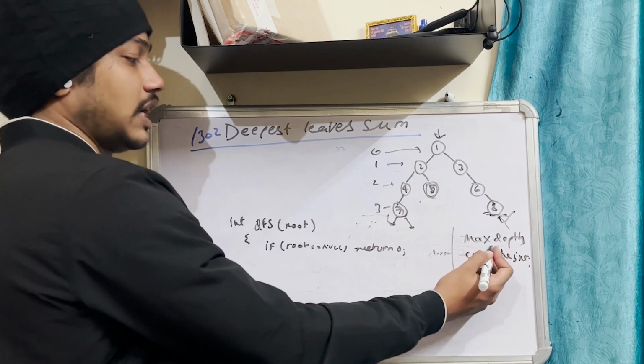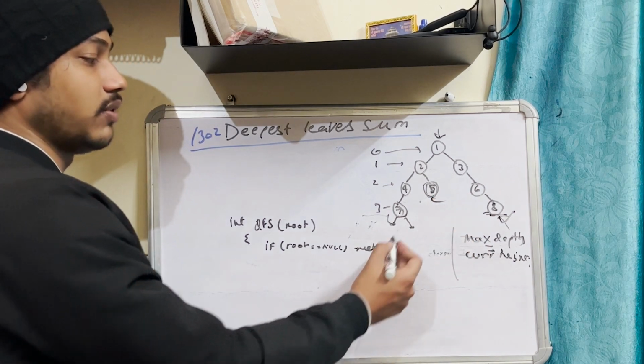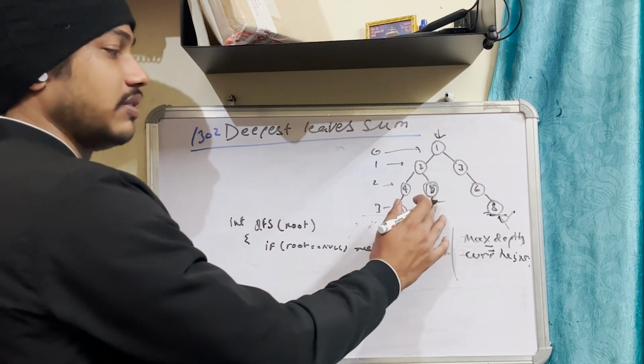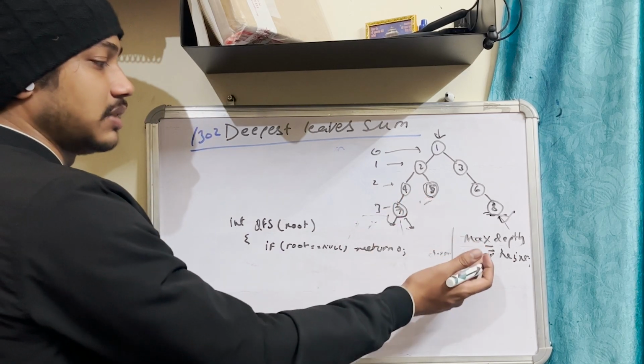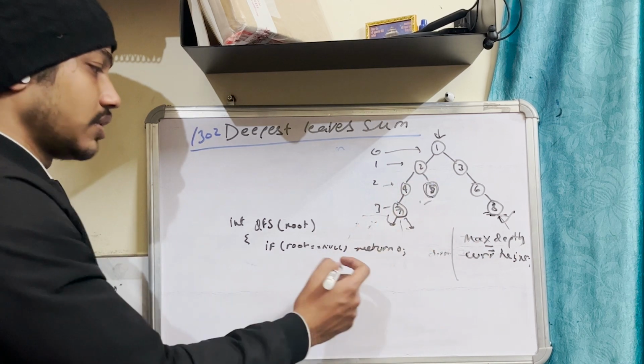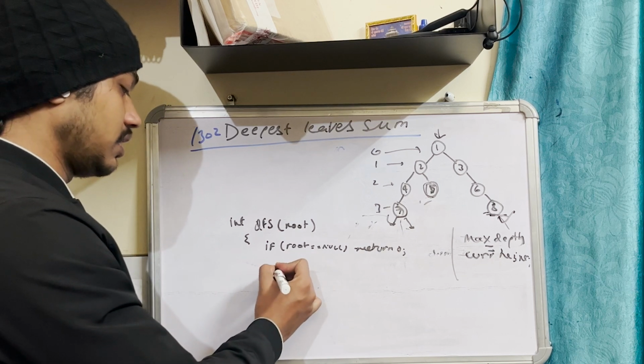If both are the same and your node is also a leaf, then you will add. For example, here you'll add this 7, you won't add 5. Even though 5 is a leaf, the maximum depth is 3 and the current depth is 2, which are not equal. For that we are finding the depth here, and we'll return